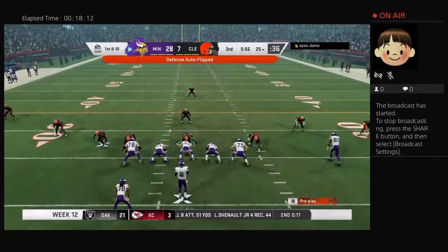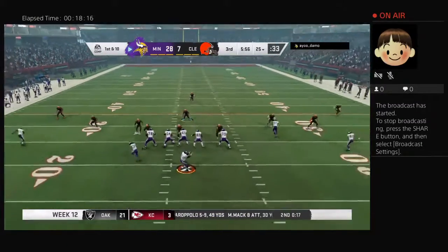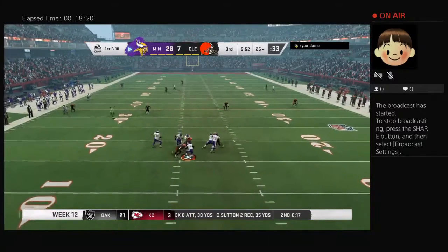Here are the Vikings now to start their next drive. They built a good first-half lead. Now they have a chance to add on to it. And what I'm thinking is that the offensive staff spent the entire...